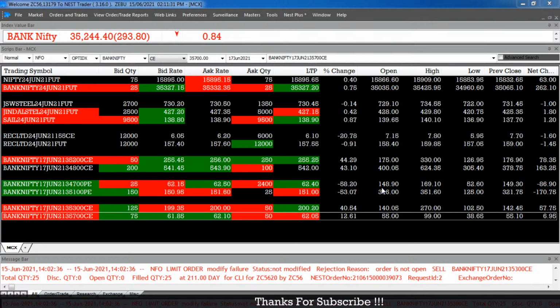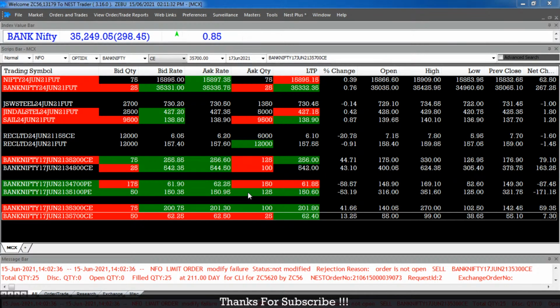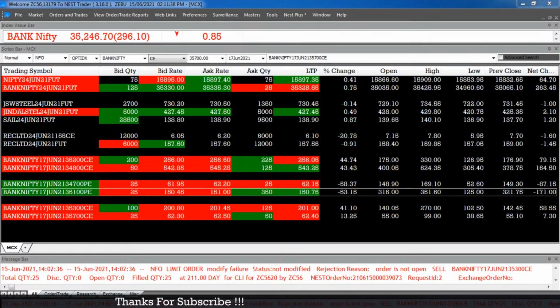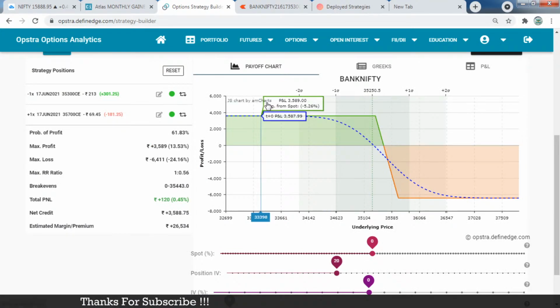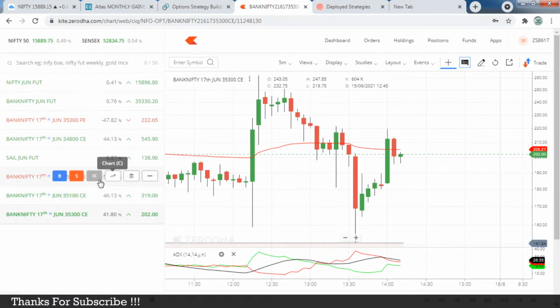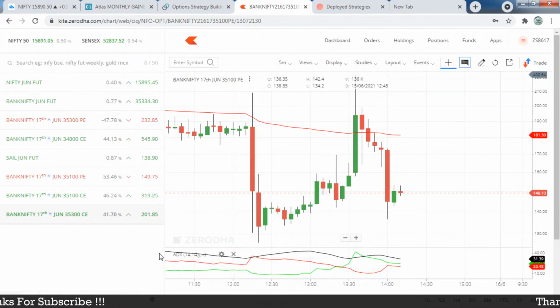Now it is trading. Check that the same option will also be going down. So the put option is also moving down. So let's check it out. I'm not booking the options right now because the call option is also going down and the put option is also going down. Why is it? Because of the time value. So both the options are